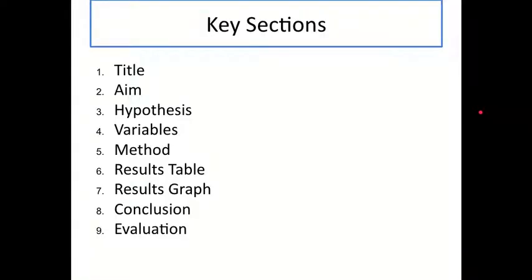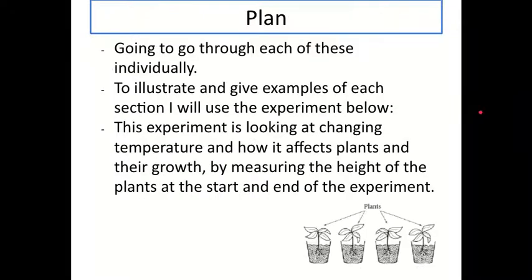Now, first, I'm just going to introduce you to the 9 main sections of a science investigation report. So we always follow the general structure of title, then aim, hypothesis, variables, description of the method, results table and graph, conclusion, and finally evaluation. So the plan for this session is we're going to go through each of these sections individually, and in order